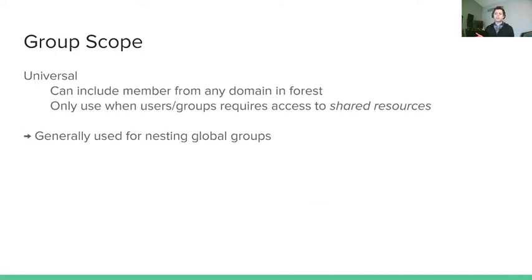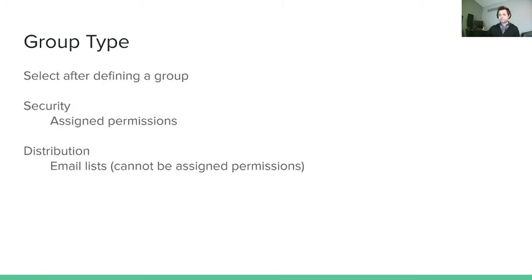And then the other one is universal. Basically, this contains also any member from any domain in the forest. So basically, we're still forest-wide, but we're looking to access even more. All right, so these tend to be more used if you're going to be nesting groups. So if I've got a very high level global group and I'm drawing down and drawing down, I might make something universal if I want them to all have access to basically all of our resources. So those are the three types. Basically, what we're looking at here is just who has access to which resource.